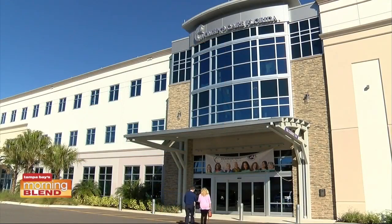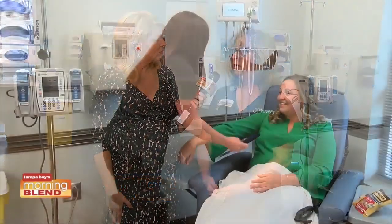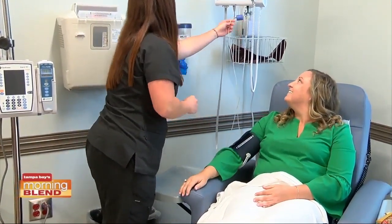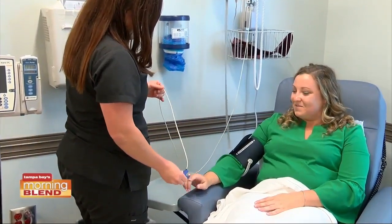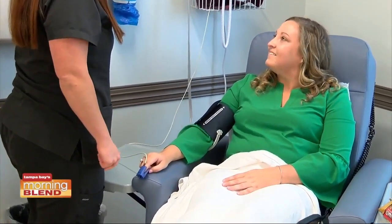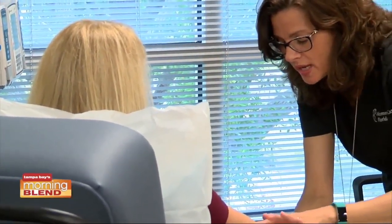And Women's Care is, of course, based off of OBGYN, so we do see a lot of pregnant women. In that aspect, we give them hydration during nausea and vomiting periods during pregnancy. Towards the end of their pregnancy, they might become anemic, and so we can give them iron, which I feel is something that our doctors do proactively. I hear so many girls come in and say, well, I don't remember this with my pregnancy years ago, or some of my friends, but I feel like our doctors are being more proactive to make sure that they're more comfortable